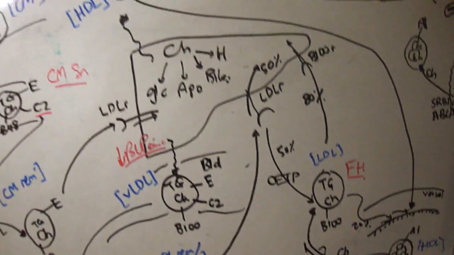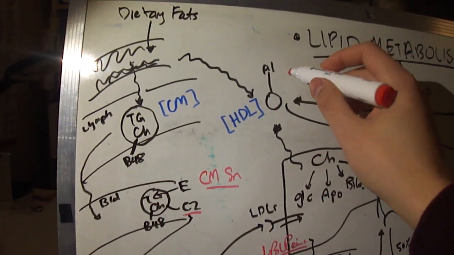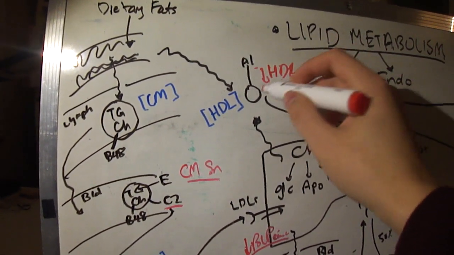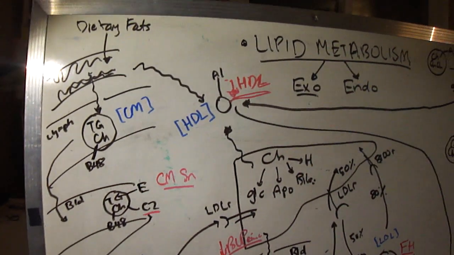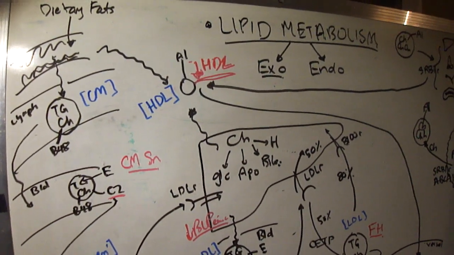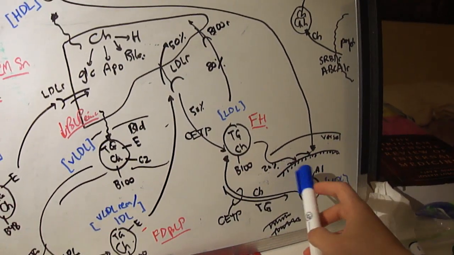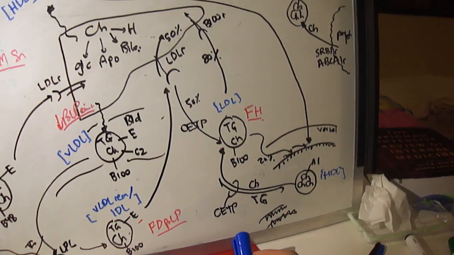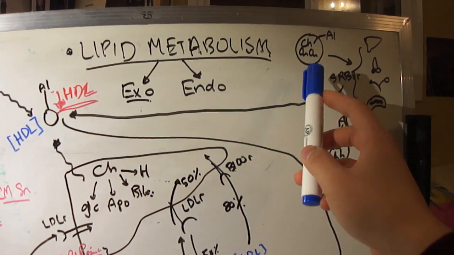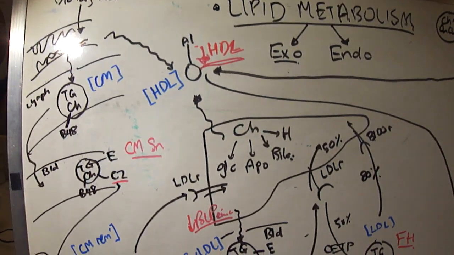And the last thing to note is that sometimes you can get a primary reduction of HDL, and that's just called reduction of HDL. There are various genetic causes of that, and what that really means is you're going to have a reduction in reverse cholesterol transport, and so you're not going to have this HDL, so you're not going to collect the lipids from the vessels, you're not going to collect the cholesterol from the periphery, and you're not really going to have cholesterol going into the organs that you need to make hormones. But the main thing is it's going to increase your